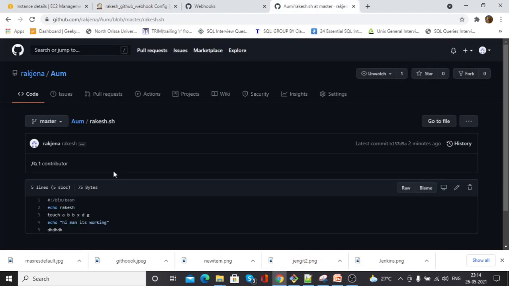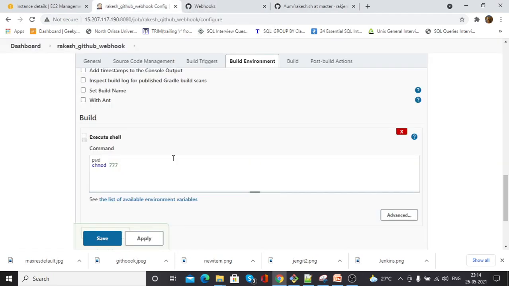Actually here the code name is rakesh.sh. Okay, so I am giving full permission to the file.